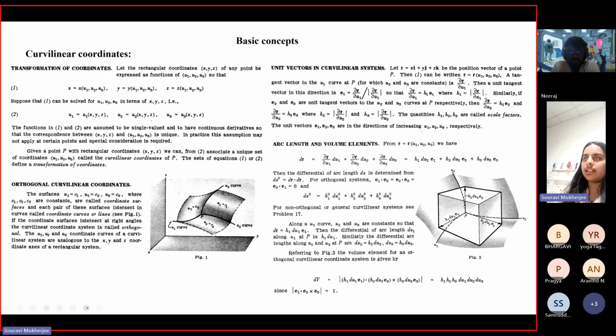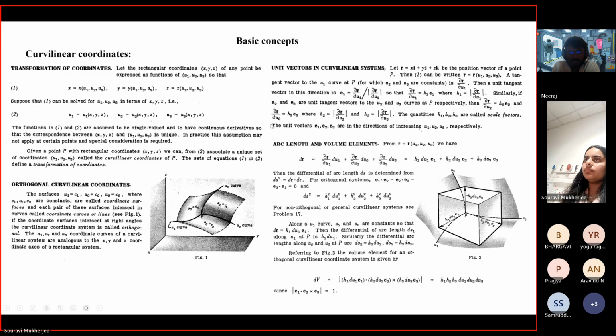So basically, we are asking the question: if you have the xyz coordinate and a point P, and now you have a different coordinate system with curved surfaces, how do you describe this vector P? For this, we can consider that the point P has the position vector in the rectilinear coordinates given by xi cap plus yj cap plus zk cap, right?